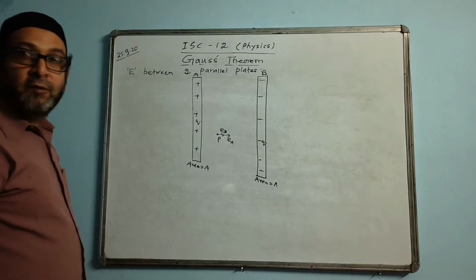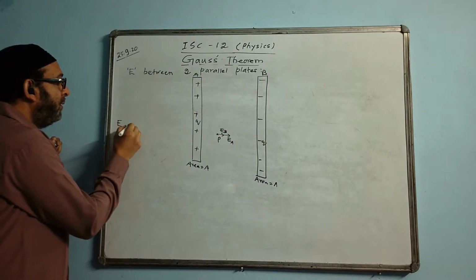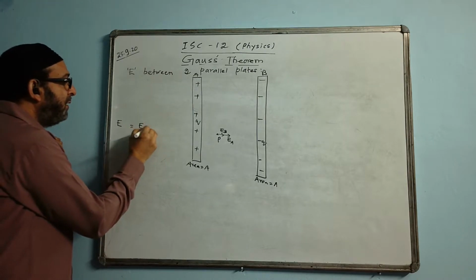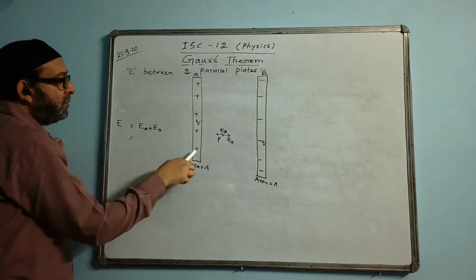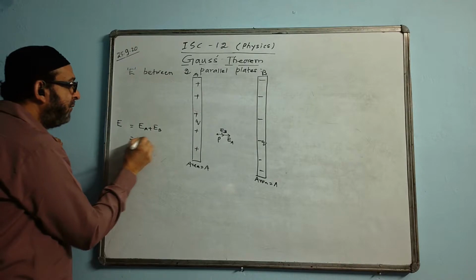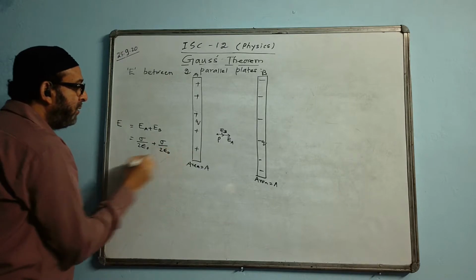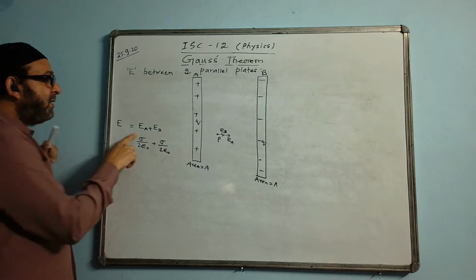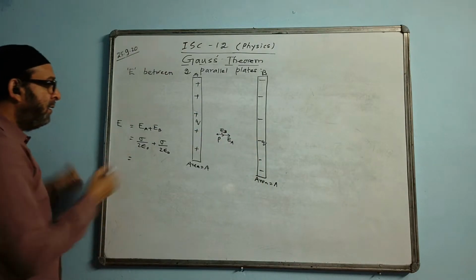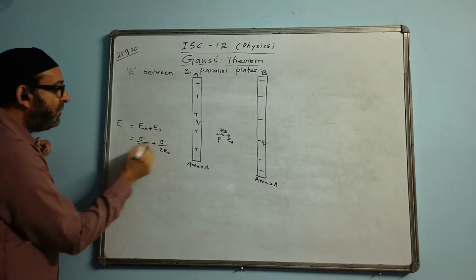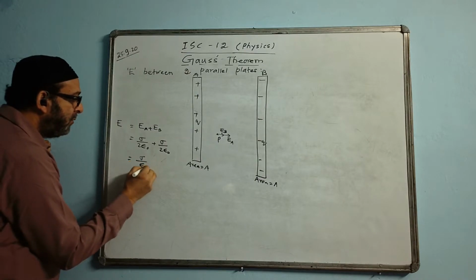Because electric field is a vector quantity, that's why we are marking direction. So now we write, therefore, E equals the addition of the two, EA plus EB. The electric field at the point P due to a single plate: the formula we derived yesterday was sigma by 2 epsilon naught, and this is also sigma by 2 epsilon naught. Why is sigma the same? Because charge is the same and area is the same, Q by A, Q by A. Now half of this and half of this you can add, and the answer will be sigma by epsilon naught.